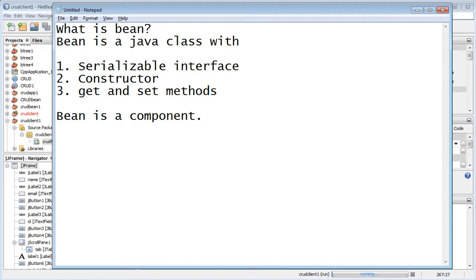Now we see what is bean. What is bean? Bean is a Java class with number 1, serializable interface.